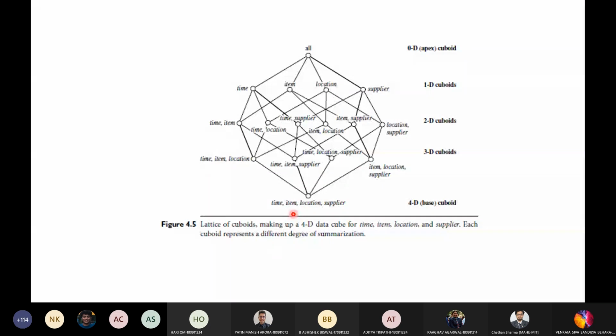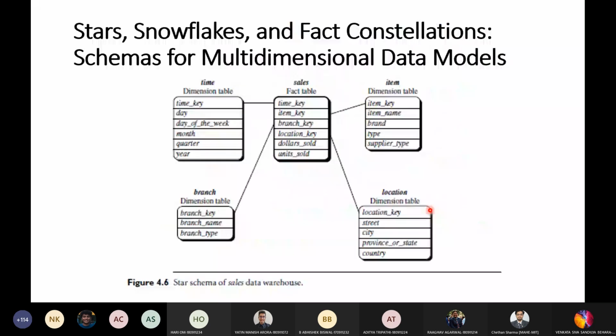If you remember, in the last class I told you there are 2 types of models here. Apart from the normal DBMS, where there is the relational database, that is ER, in a data warehouse I told you it is star and snowflake. These are the 2 major ones, apart from fact constellation also. This particular schema shows your star schema. These 3 are the most popular data models for your data, which is usually multidimensional. So we'll see them one by one.